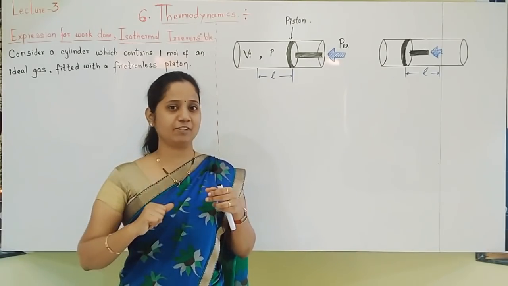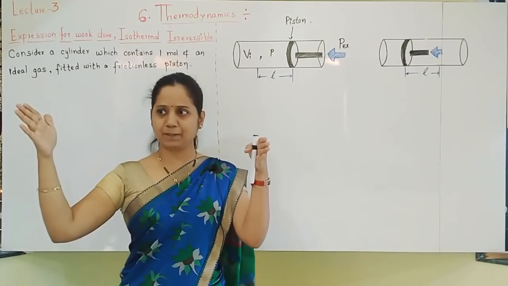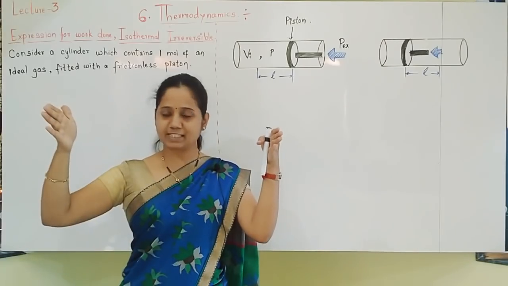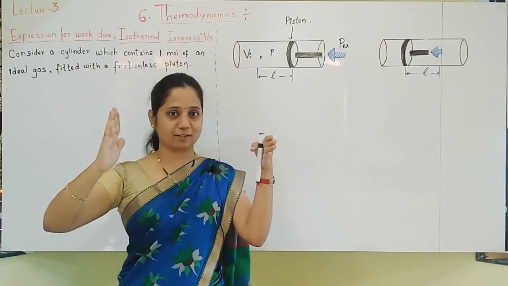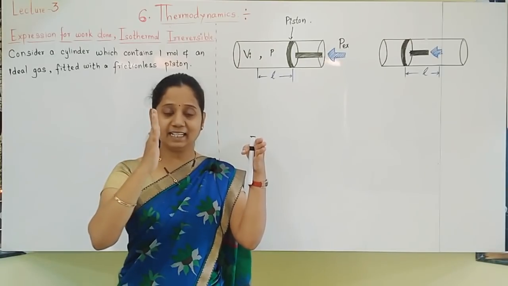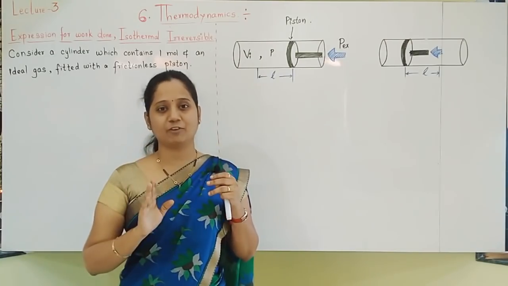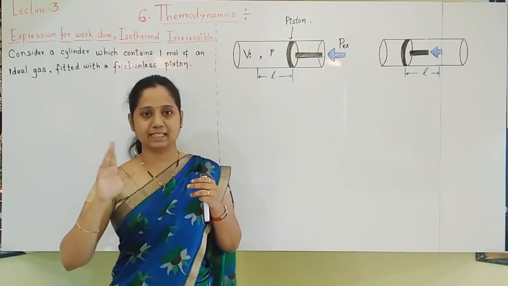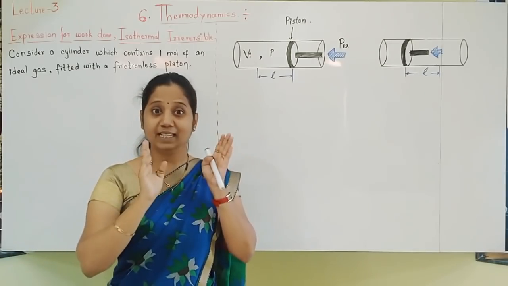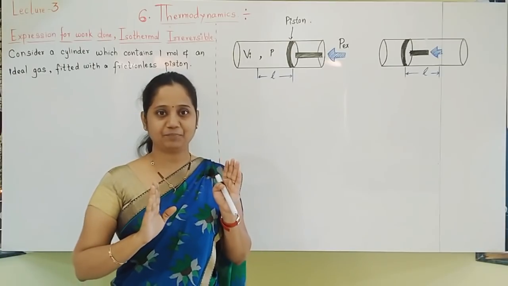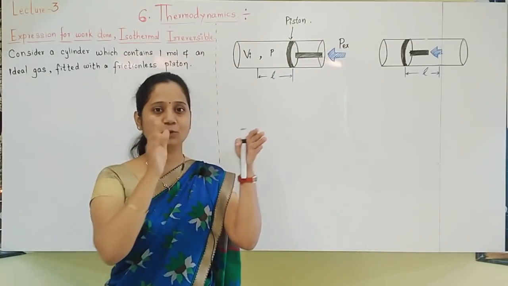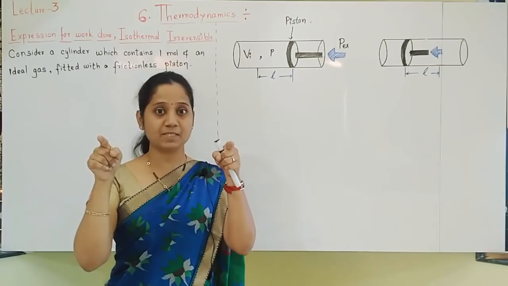How much will the piston move inside, students? Imagine that outside pressure is 80, inside pressure is 50. So we'll start exerting pressure. 80 amount of pressure is there, which is greater than the inside pressure, which is 50. The piston will move inside till both pressures become equal, till P external becomes equal to P internal, and when both pressures become equal, the piston stops moving inside.